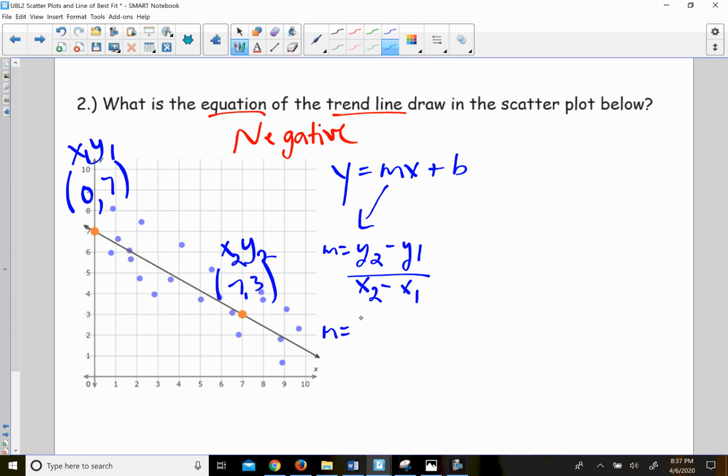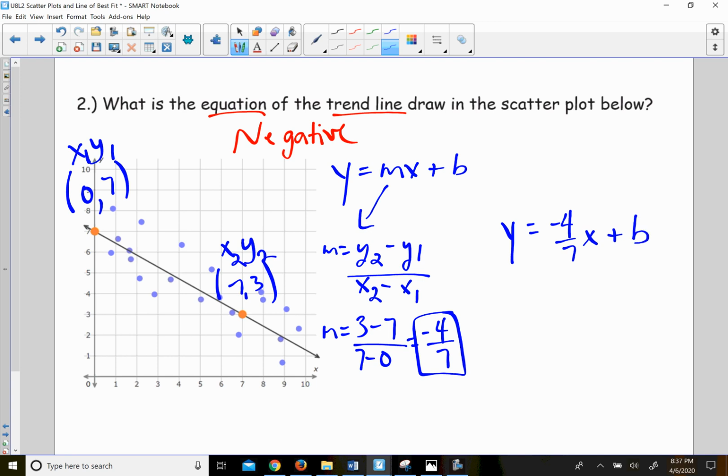So 3 minus 7 over 7 minus 0. So my slope is negative 4/7. So if I'm writing the equation, I know that y equals negative 4/7 x. And then I still have to figure out the y-intercept. So my first option is to take an xy pair and plug them in. So this x is 0 when y is 7. So if I plug in 7 for y,